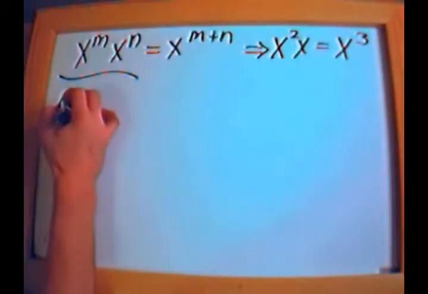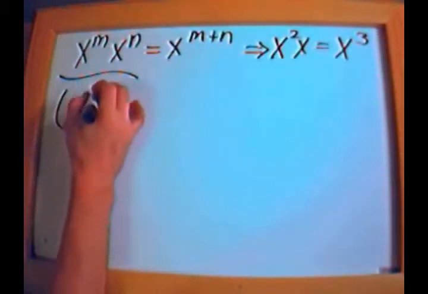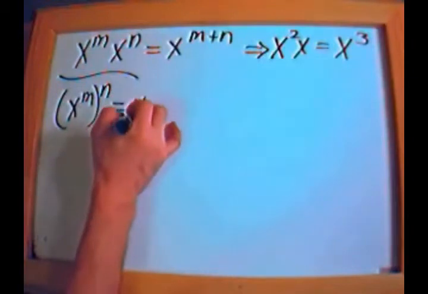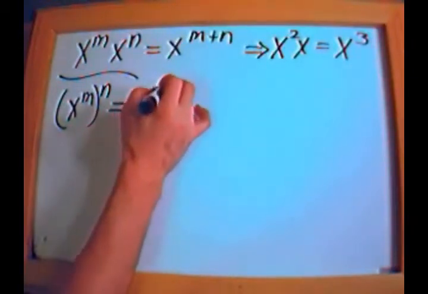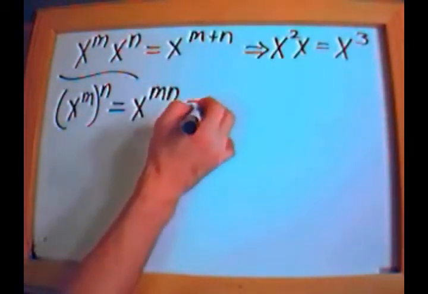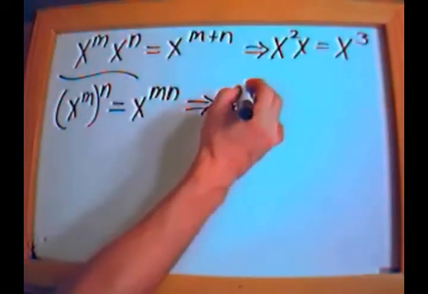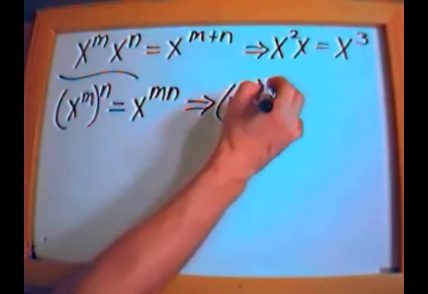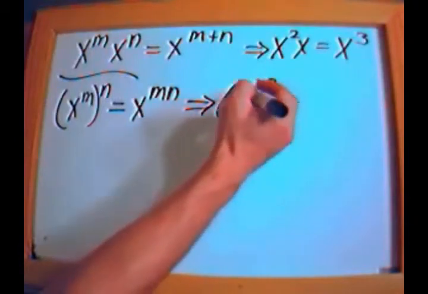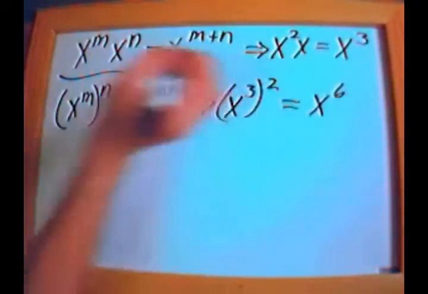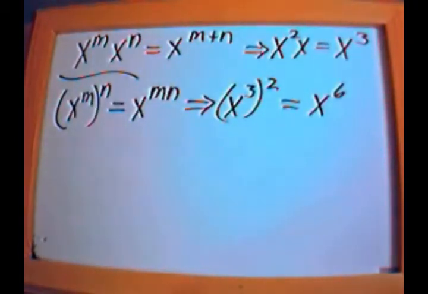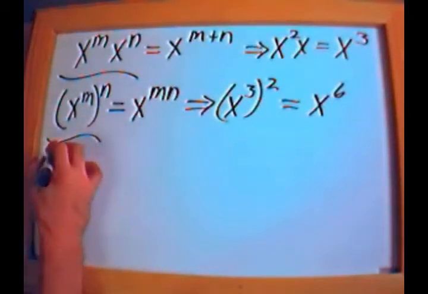If I have something like x to the m raised to the nth power, that's the same thing as saying x to the m times n. And that one is kind of like x to the 3rd raised to the 2nd power, which is 2 times 3 is x to the 6th, the same thing we were doing earlier. Okay? Next, if I have something like